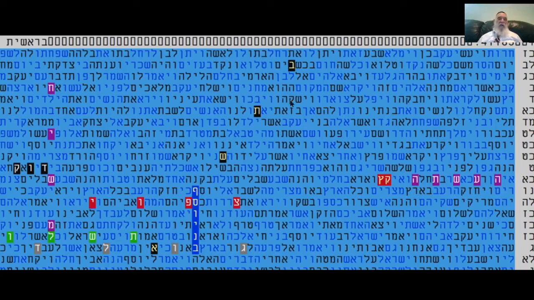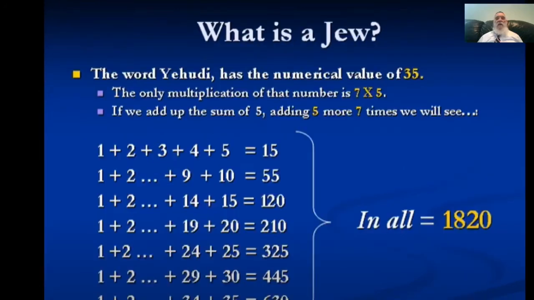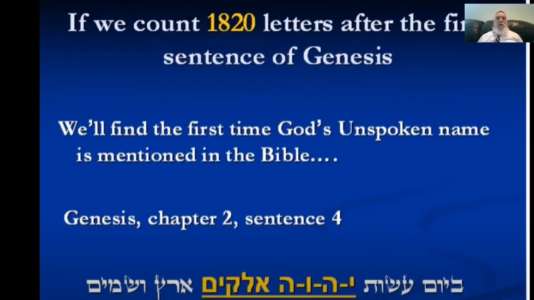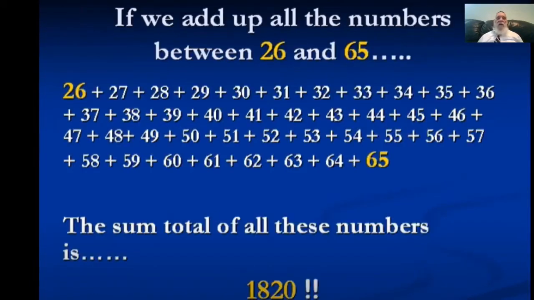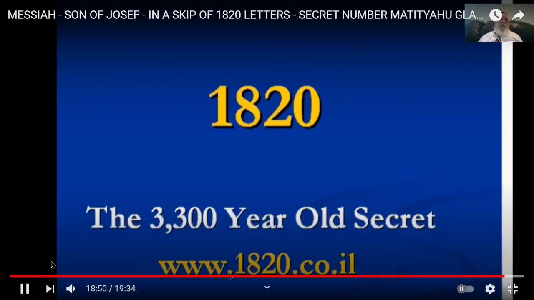Then the last stage, now, that you can see that many more discoveries came, B'Tav Shin Pe Alef, 781, 2020. So altogether, as I said, a very, very interesting discovery, showing you the importance of the son of Joseph, which is behind the Torah code, the Bible code, the Messianic code. And as I said, this number is unbelievable, 1820. So you can see it on YouTube. WW1820 is your